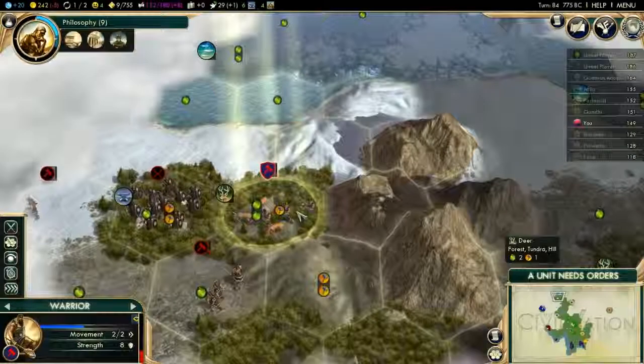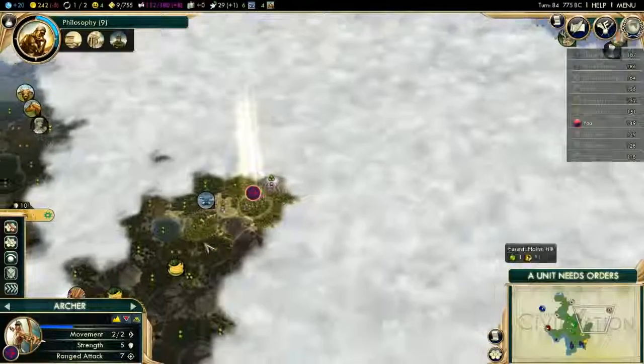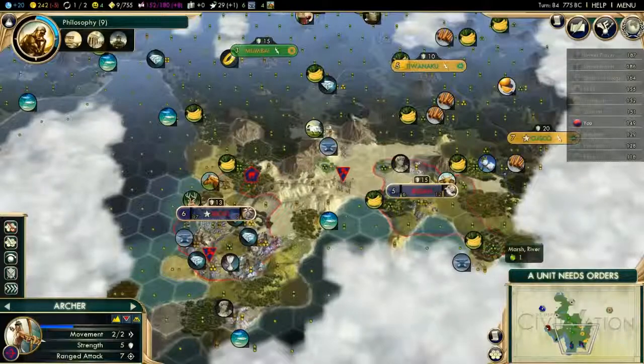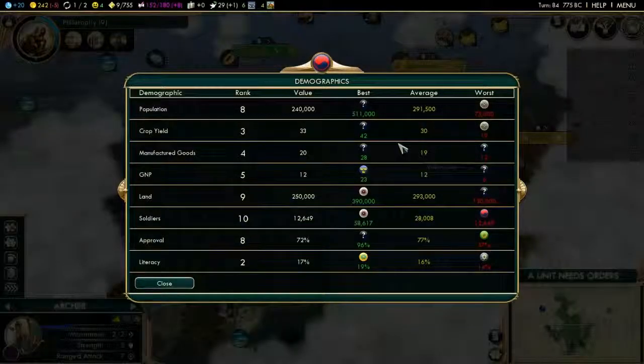Unfortunately, ouch. There's more barbarians. Jeez. Let's push him back. So I think we're in decent shape. Let's look at some of our demographics. And I think I want to start showing this at the beginning of the episode and then at the end as well. So I'm going to start doing that. And if we look at our